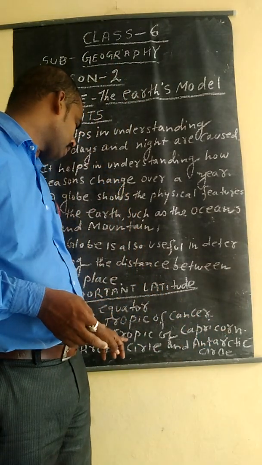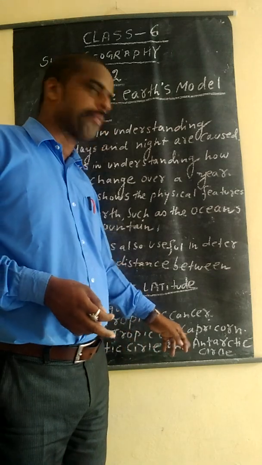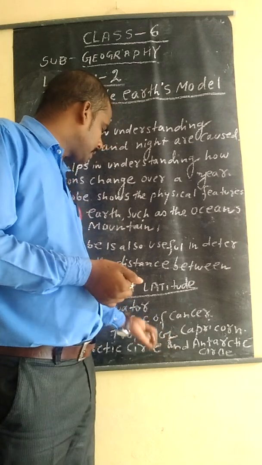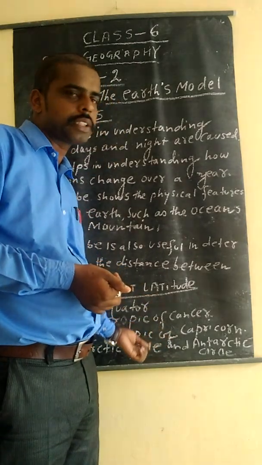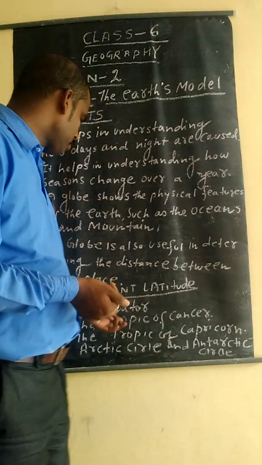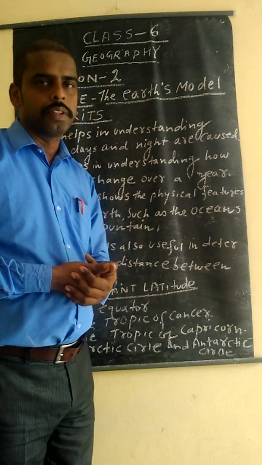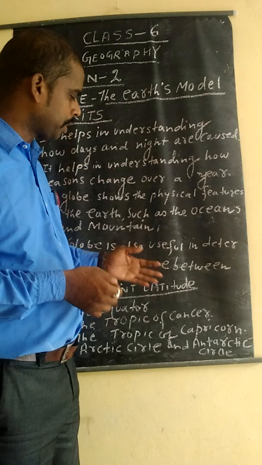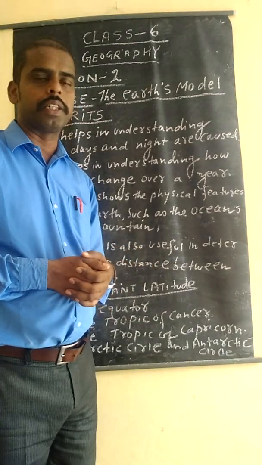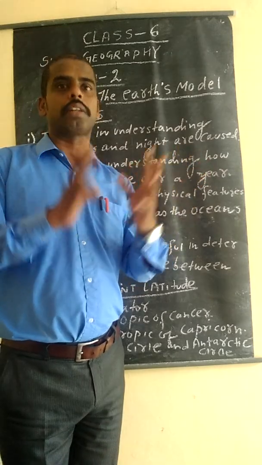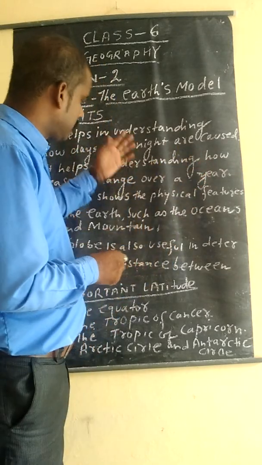And the Arctic has a 63 degree temperature. Means the temperature is totally different from the other temperatures. These all regions have totally different maximum temperatures. So you should keep in mind this latitude is very important for us. And these latitudes are very important for us to know the time and actual position of the earth, where is India, in the north eastern part of the whole world. So these are the directions.